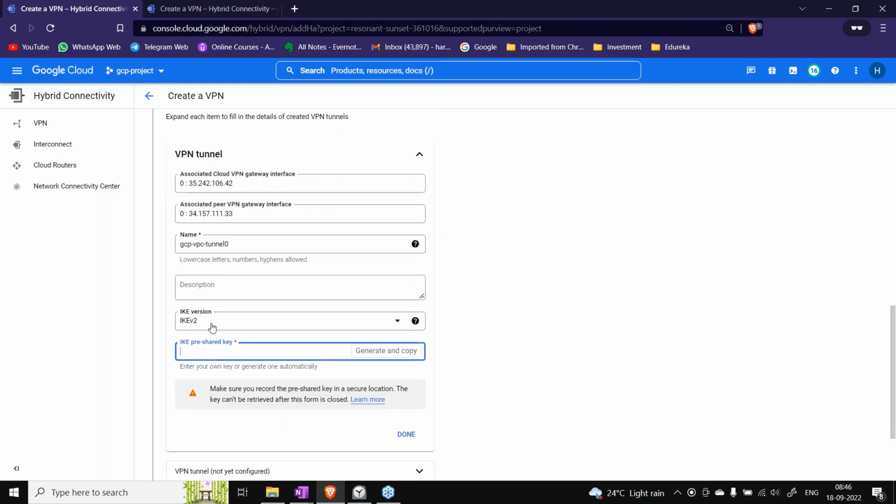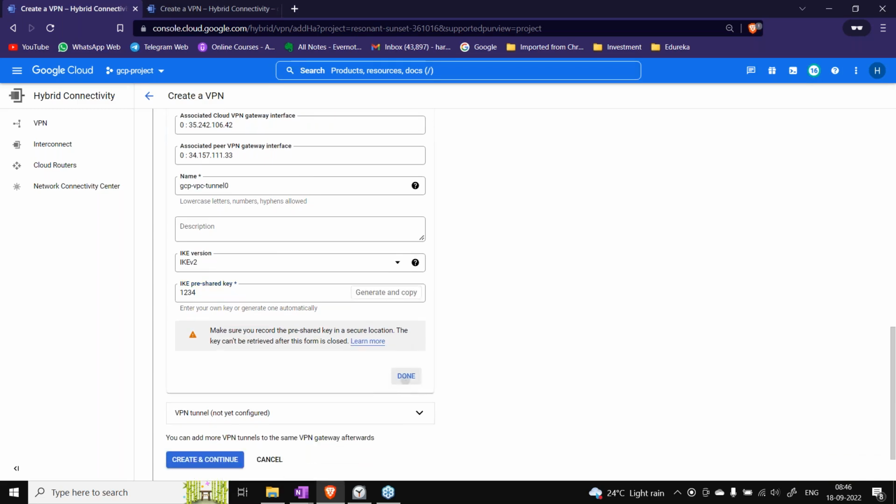Okay, so we are going to use the second version, the latest version of IKE, and I need to share a key. Either I can generate and copy some random key, or I can give 1111 or something like that, 0000 1 2 3 4, anything is fine. Just that when you set it up on the other side, you will have to give the same pre-shared key so that they match, and then that is approved, right?